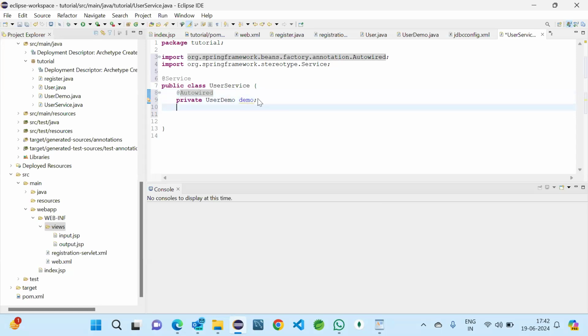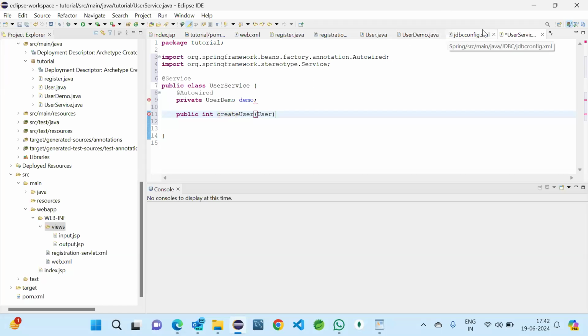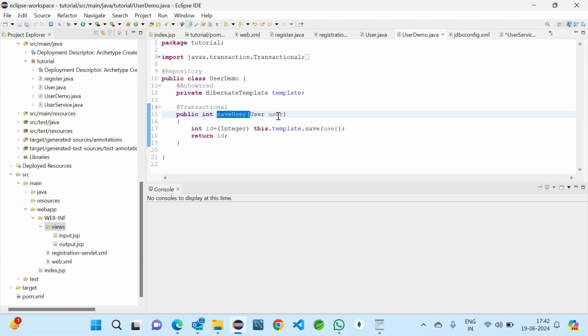So now we are successfully injecting the demo object, and then here we will give a method, that is createUser. Whenever a user registers, the user account will be created. This will take a constructor, because we should pass the object which has all the values assigned. That object will be created when we pass values to the constructor.